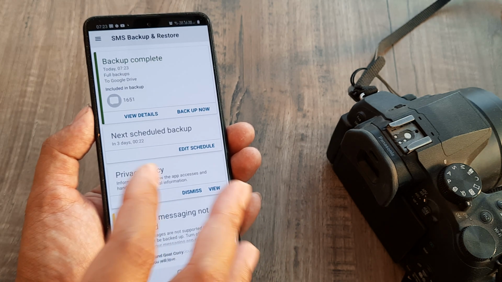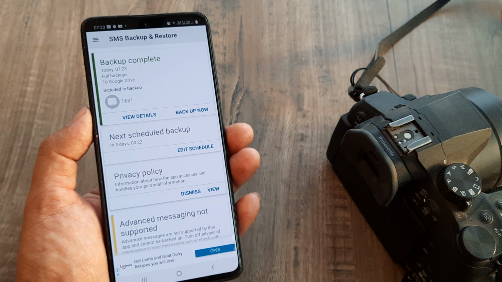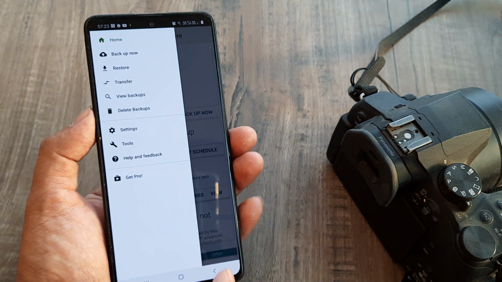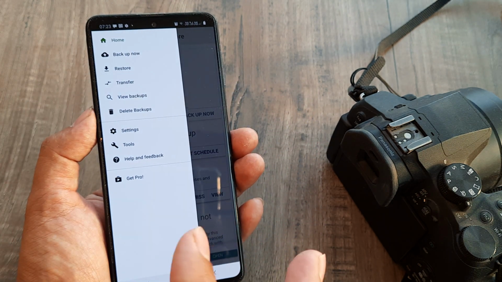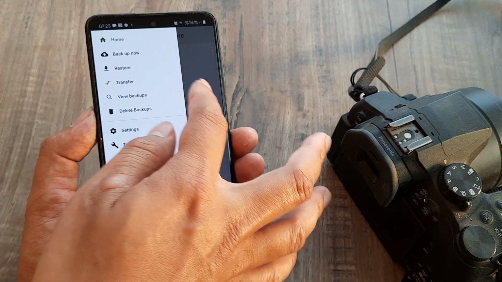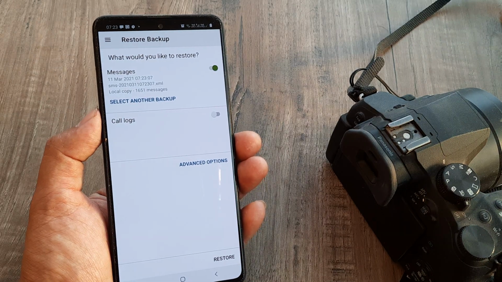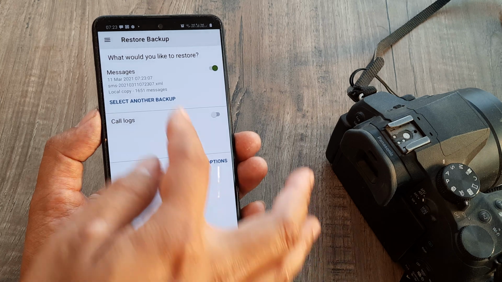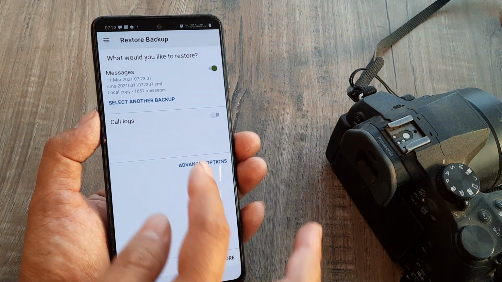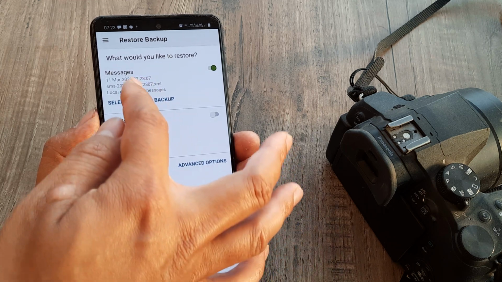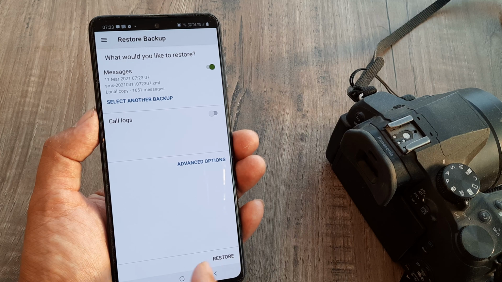Please understand that this is a separate app. This is the SMS Backup and Restore app, not your default messages app. So when you try to restore from this, it will get restored onto this app, and you can later make your messages your default app. I click on this little grid here, click on restore. Once I do that, you will see I have an option of restoring. It would restore to the SMS thing, right? So we are selecting the backup which we did just now.